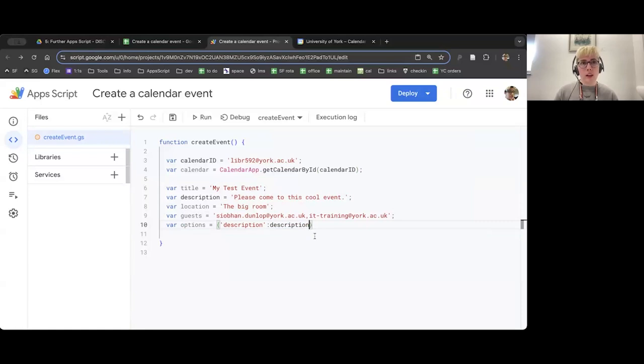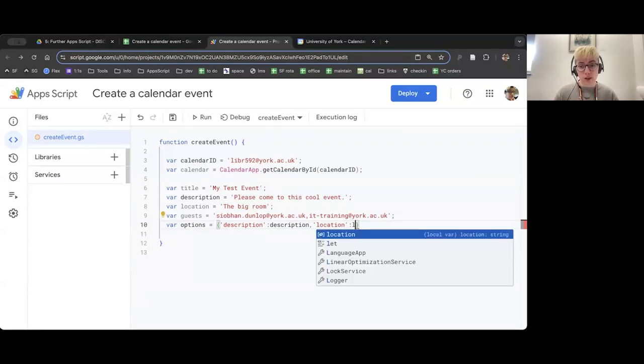Each item in my object is going to be separated by a comma. So I'm going to do a comma, and then I'm going to do some quotes, and I'm going to write location. And then outside the quotes, I'm going to do a colon. So the name value pairs are separated by a colon. We've already, again, got a variable for location, so I'm going to write location here. I could have manually put in these description and location in quotes after the colon if I wanted, but it's a bit neater if I do them before I put them into the options. It makes it easier for me to spot later on when I'm trying to go and change the location that all these events I'm creating would be in, or I want to update the guests or something like that. Or maybe I've got a lot of guests and it would get quite messy.